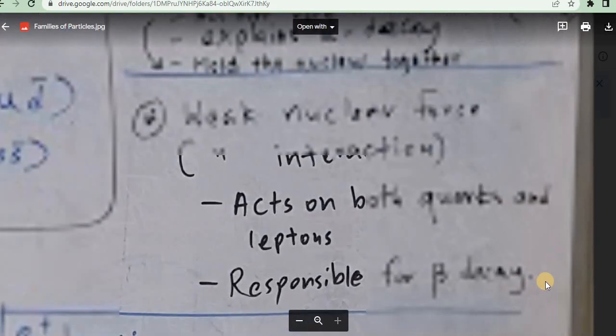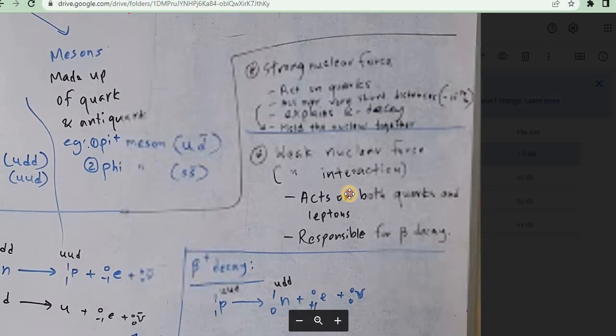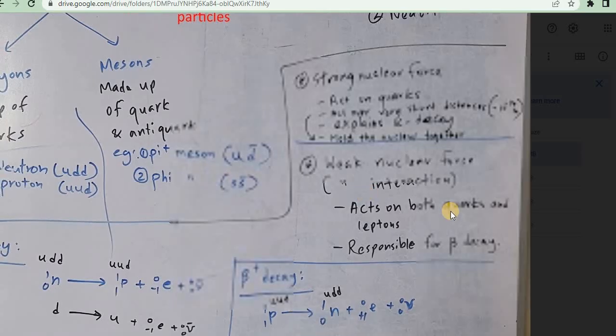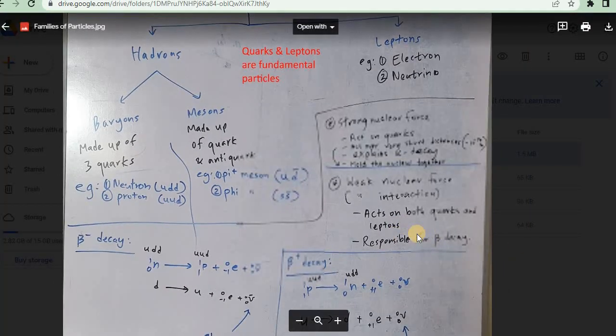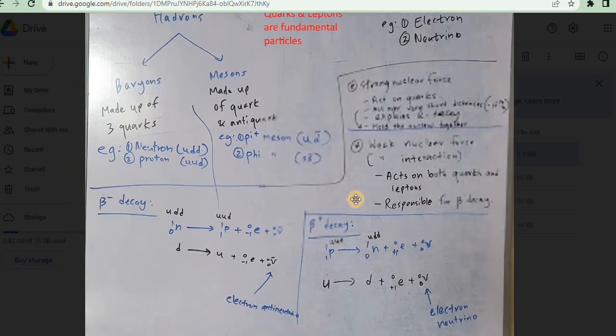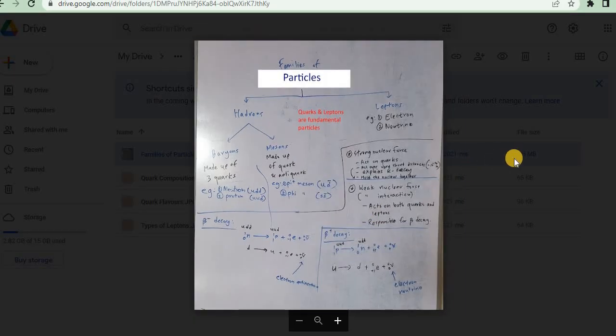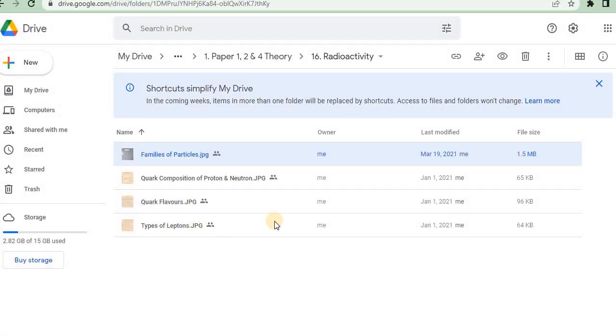Then the weak nuclear force, also called weak interaction, acts on both quarks and leptons, and is responsible for beta minus decay. So we have strong nuclear force and weak nuclear force. The weak nuclear force is responsible for beta decay. So we can say beta minus decay. Beta decay means, by standard, when we say beta particle, it's a beta minus particle. Okay, so that is the end of that lesson on